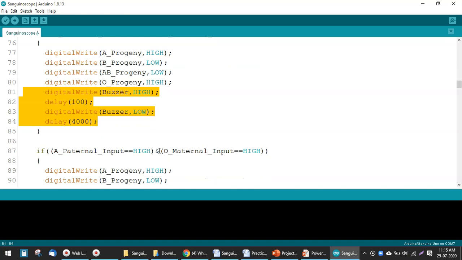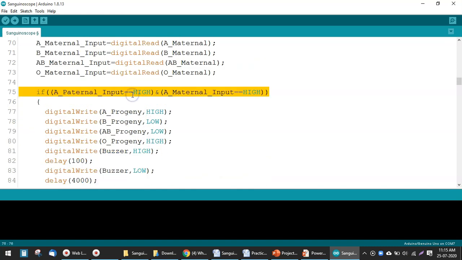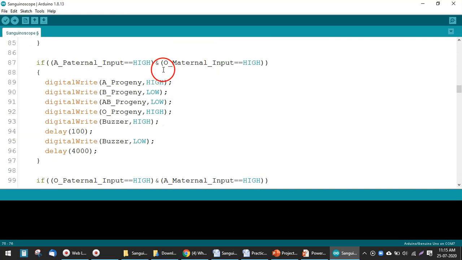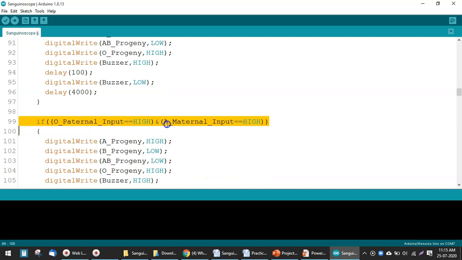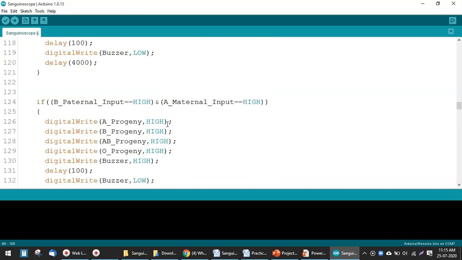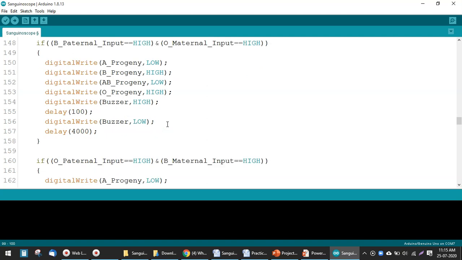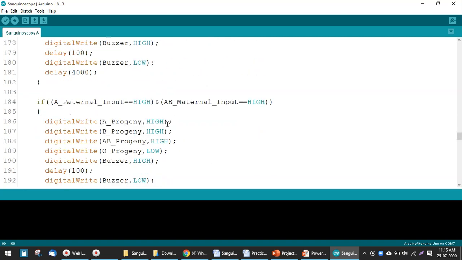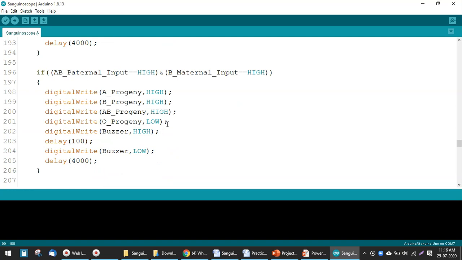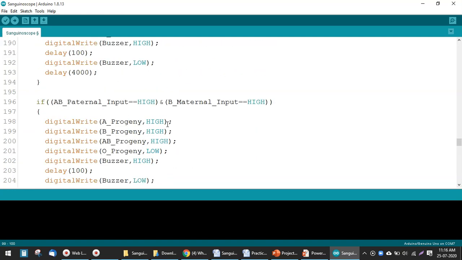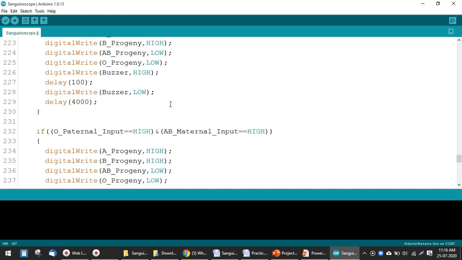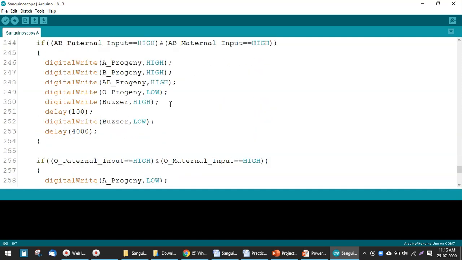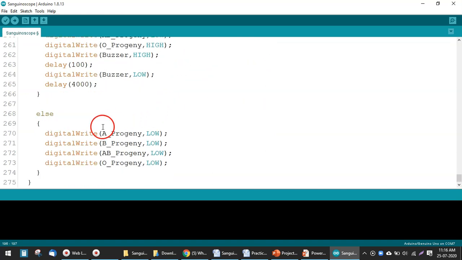So in that way, these are the 10 conditions used in this program. This is the first condition, then the second condition over here, and then the third condition, fourth condition, fifth condition, sixth condition, seventh, eighth, ninth, and 10th condition are used. And here after that there are some particular combinations done over here, and in all you can see these if conditions once complete over here, the remaining part is considered as else.